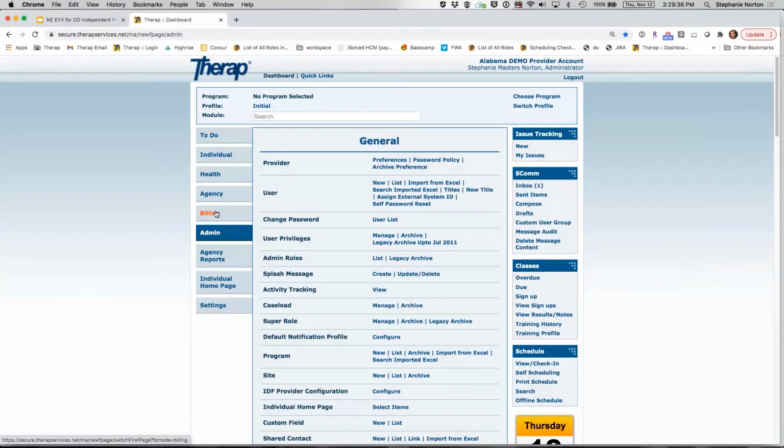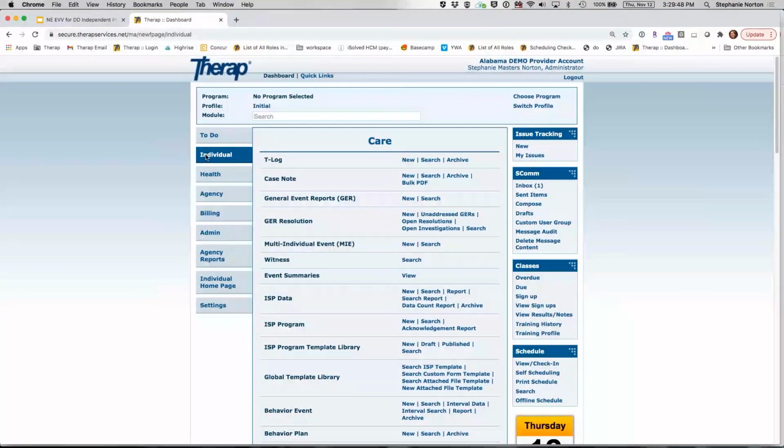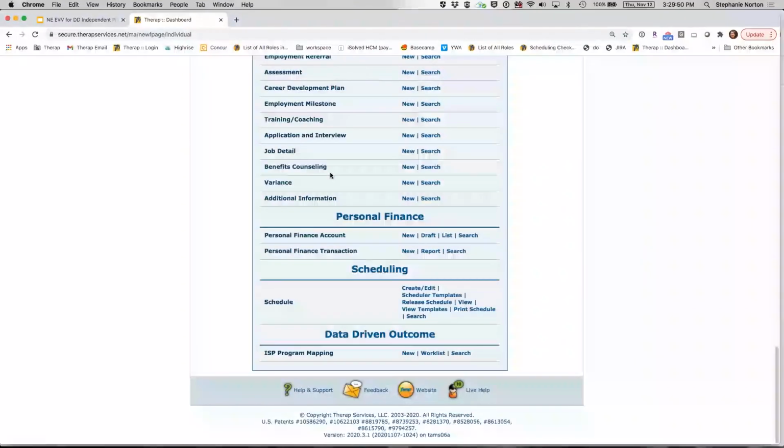All right, so we're taking a look at how to review your time. You've done your check-in and check-out. Maybe it's the end of the month or the end of the week, and you're wanting to look back at your time. You would access this from your individual tab. You probably don't have this yet, but you will have this in December when we turn that on. You will have a scheduling section,